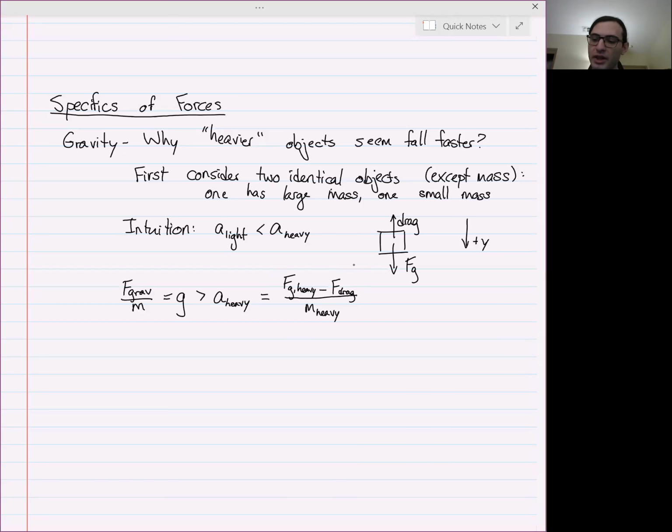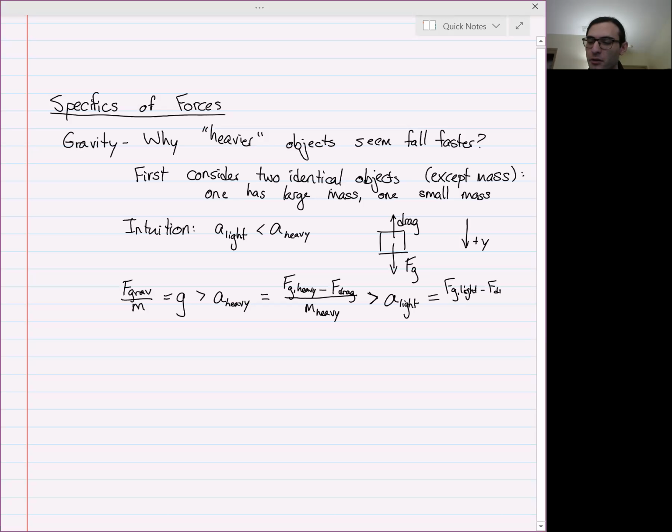Now, importantly, we know that, well, how do I want to phrase this? We know that this is supposed to be greater than the acceleration of the light object, right? That's just what our intuition tells us, that the acceleration of the heavy object is greater than the acceleration of the light object. But the acceleration of the light object is equal to F sub g of the light object